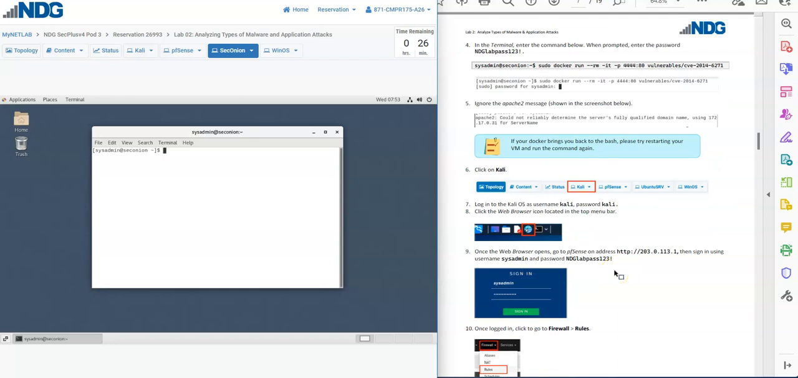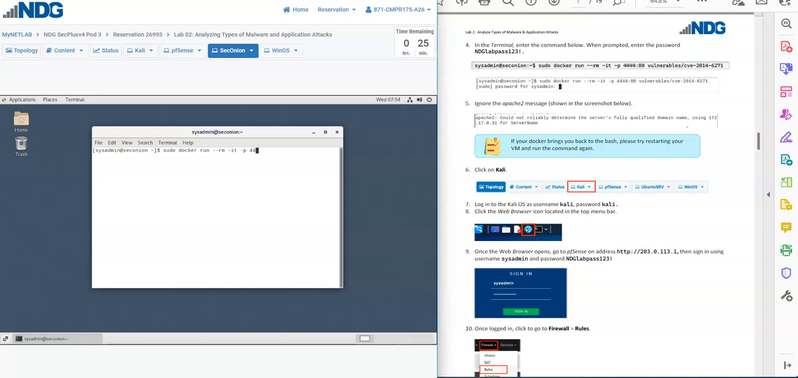it says in the terminal, enter the command below, and then when prompted, enter the password. So this is very, very specific that you type this out correctly as you see in the instructions. So the first thing we're going to type out is sudo, S-U-D-O, space docker, space run, space dash dash rm, space dash IT, space dash P, 4444:80,